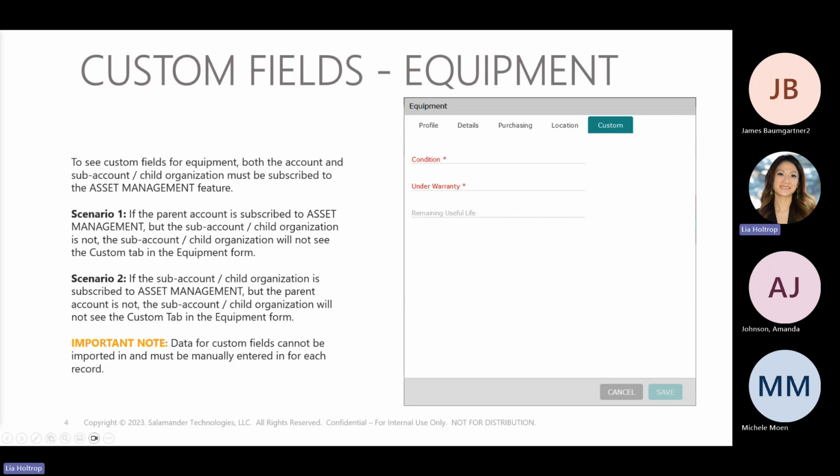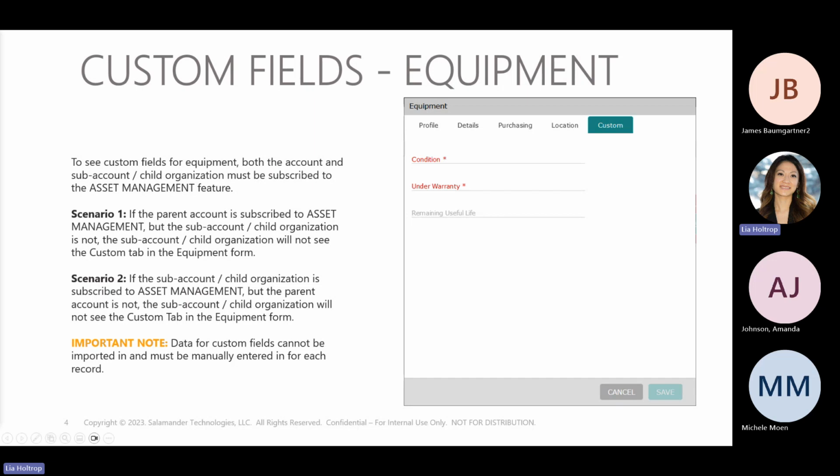Again, when it comes to entering in data, if you, as the organization, have access, the custom fields for equipment that are added by your account level administrator and marked to show will be listed here just like how you see this. Again, any custom fields that you have that are marked as required have to be completed in order for you to move forward and save. Again, data for equipment when it comes to custom fields has to be entered in manually,